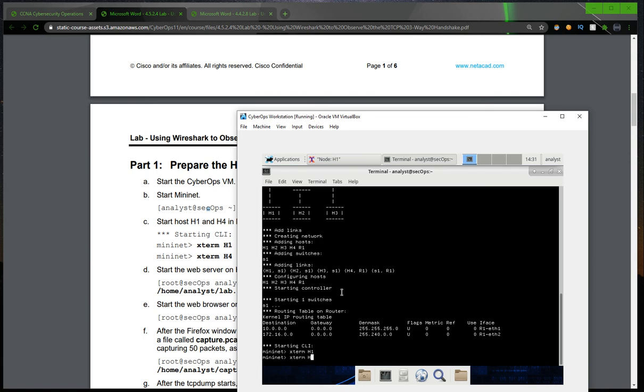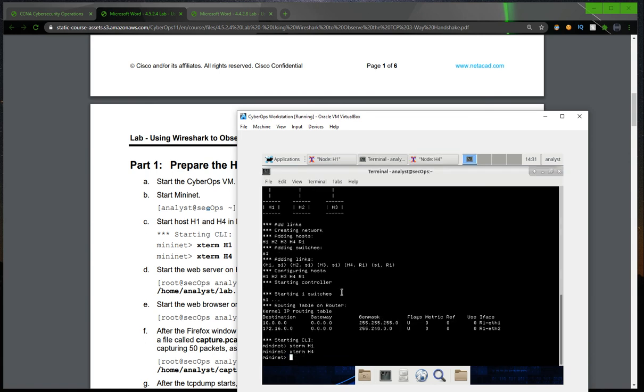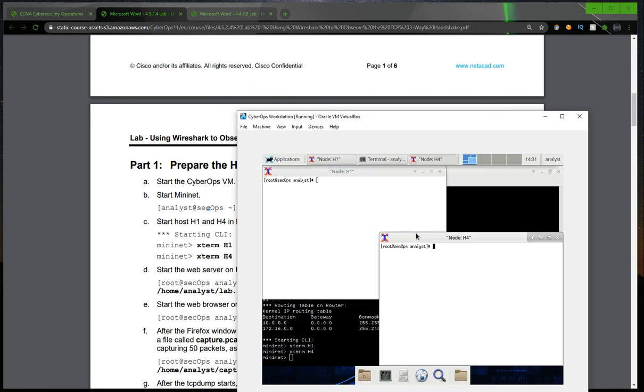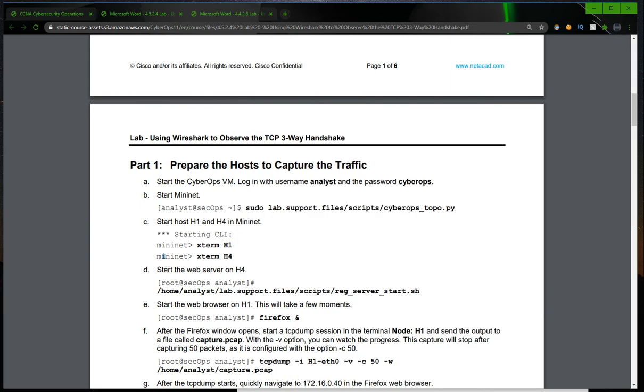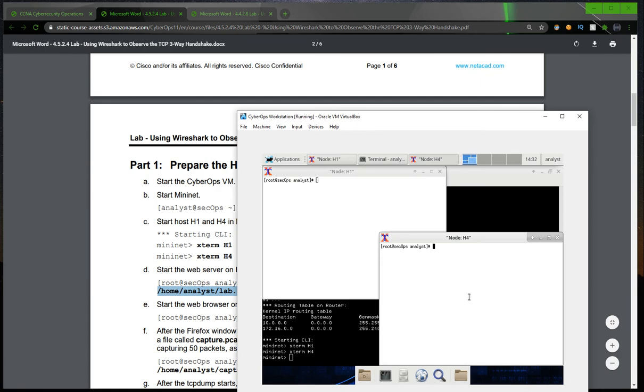In this lab, the terminal for host 1 acts as a computer. For example, if you search google.com, the connection will be initiated between you and Google's web server. So in this, the node h1 is you and h4 is the web server. Now we have to start a web server on h4. For that we can use this command and paste it in the terminal h4.